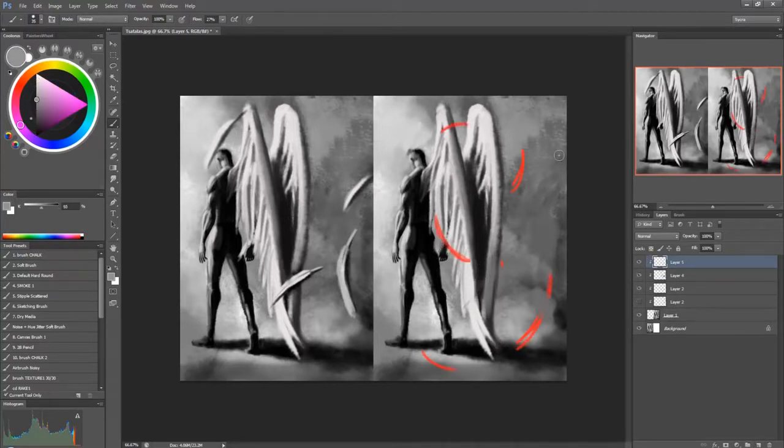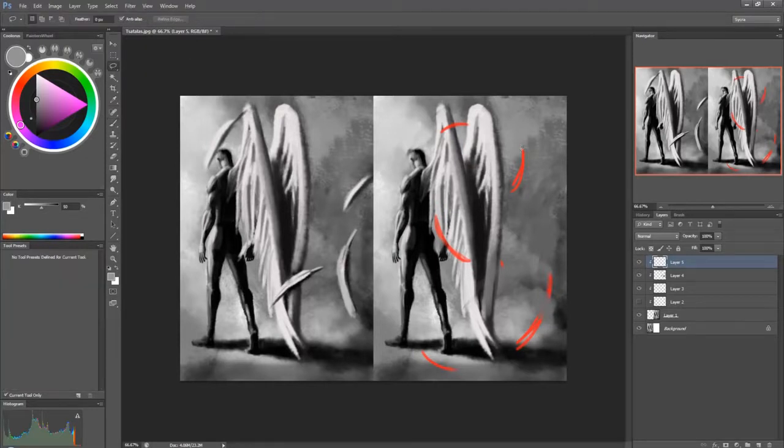So yeah, I just got rid of the feathers you had, quickly painted those out, and now what I'm doing is I'm using the lasso tool, and I'm just blocking in some feathery shapes. They just look like blobs right now, but what I'm going to do is just add a stem and the fluff at the end of the feathers. I don't know what it's called. Is it called down? I don't know. Anyway,